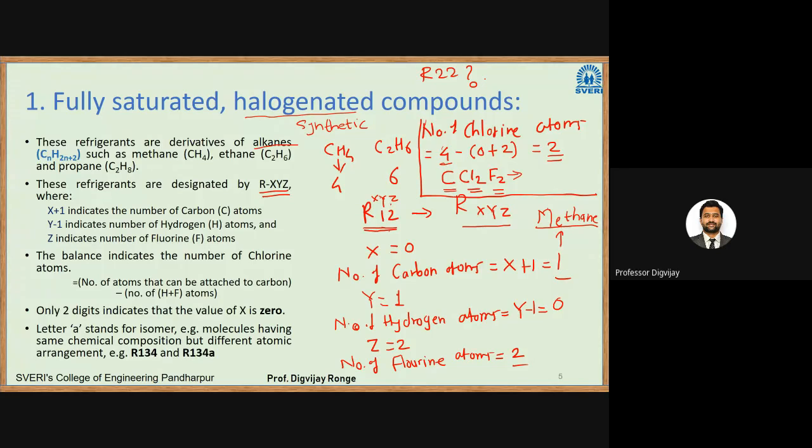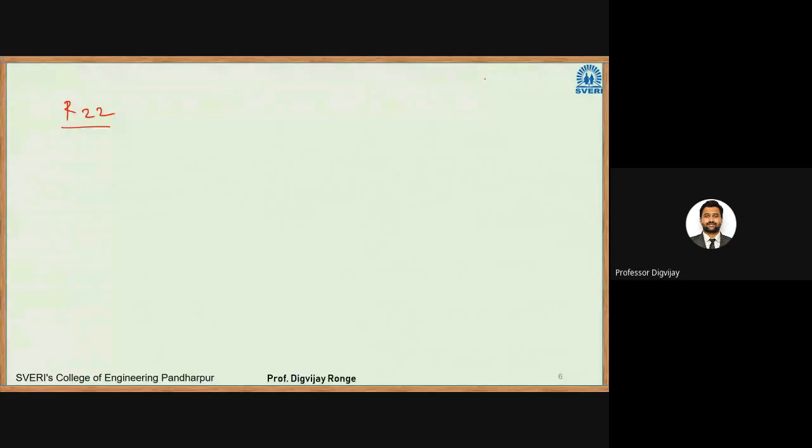Okay, so I have two answers here. CHClF2. Saurabh Bhosle has given the description as chlorodifluoromethane. Okay, so I will try to solve this. Others, please follow. Okay, so we are dealing with R22. We know we have the formula as RXYZ. There are only two digits. That means X will be equal to 0. So number of carbon atoms